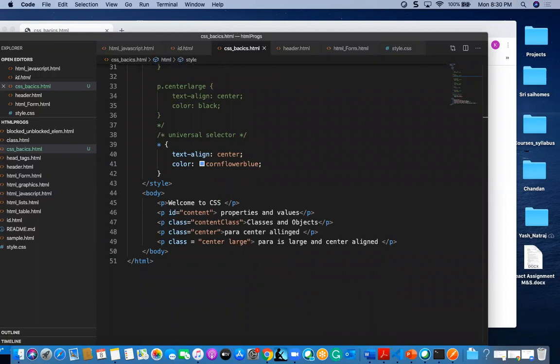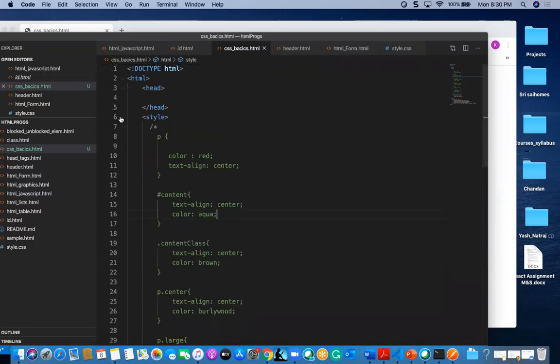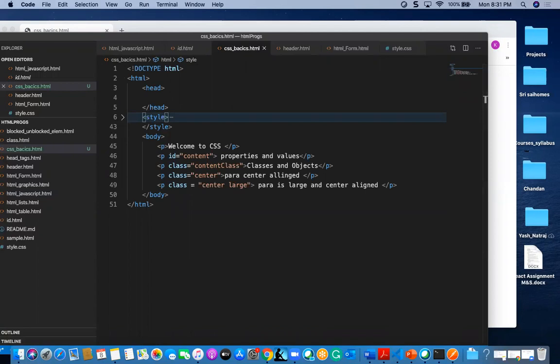Yes. Okay. So these are the different selectors we have, and style. This kind of styling is called inline styling, and whatever style we are giving directly on top of the tag, that is internal styling.